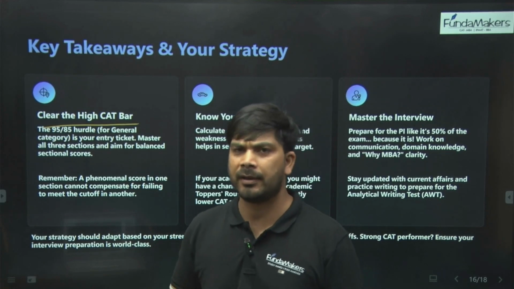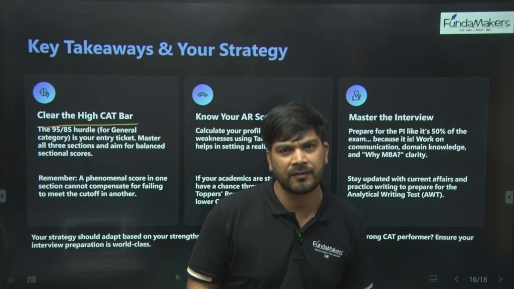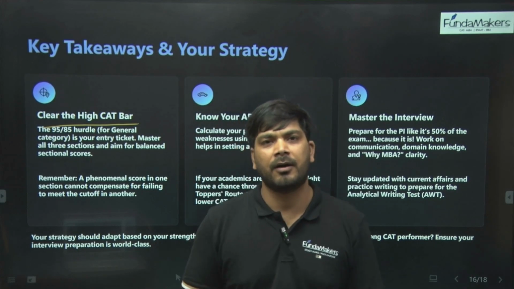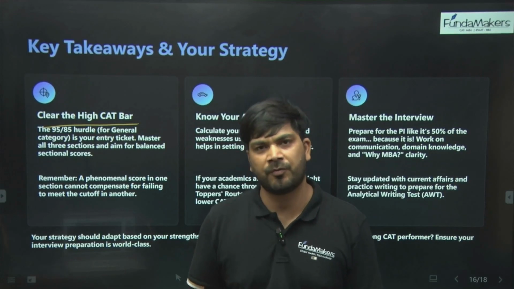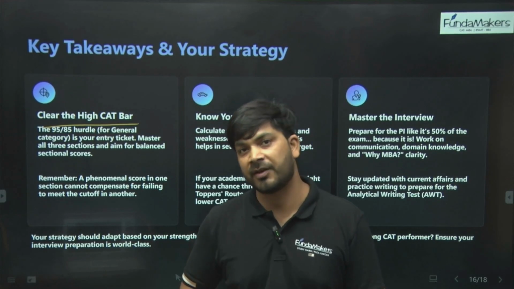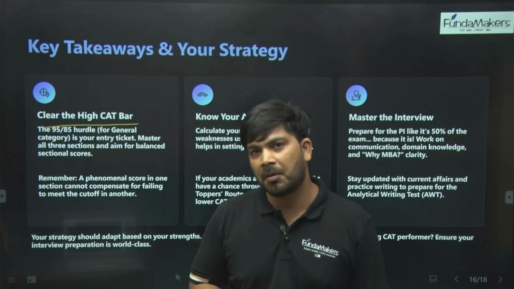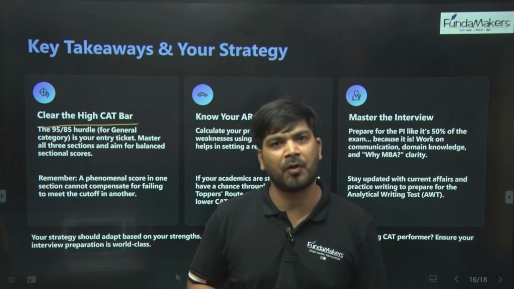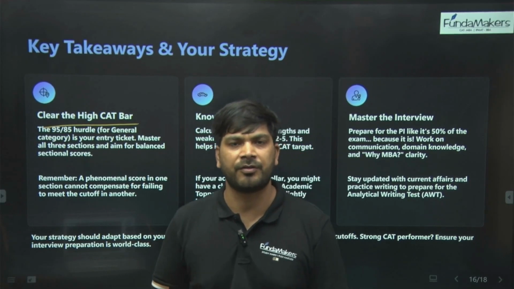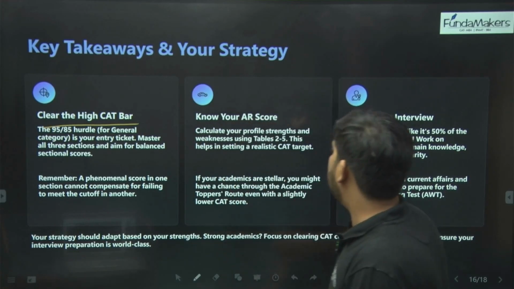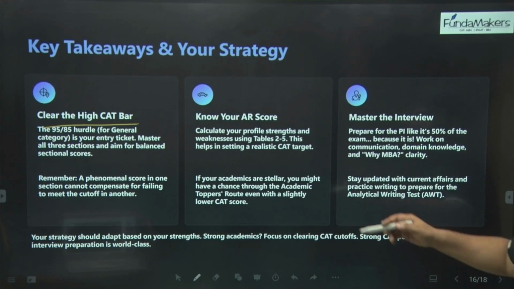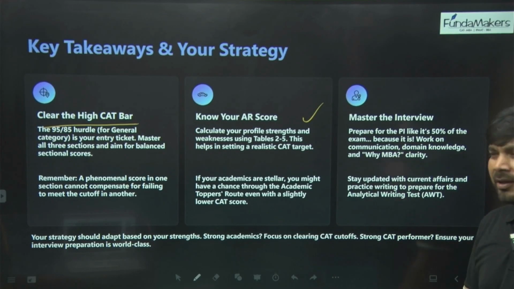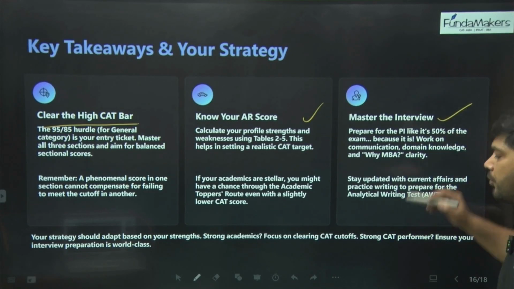percentile. For that, we have 3 months, again, 90-95 days. You can really work on that. Keep taking mock papers, work on the basics, make sure that you solve past year questions. A minimum of a couple of mocks every week from now is very, very important. And know your CAT score, AR score, very important. Just calculate it a bit and then master the interview process.